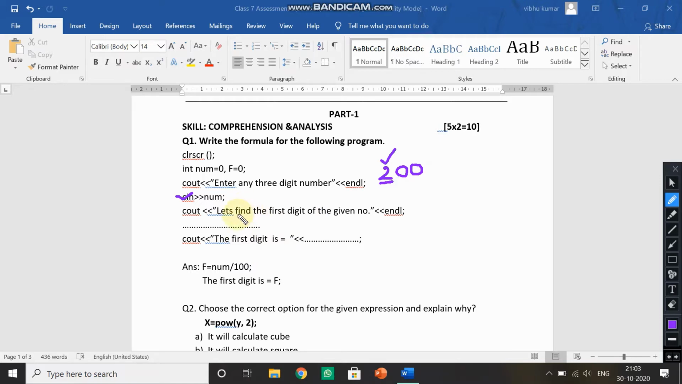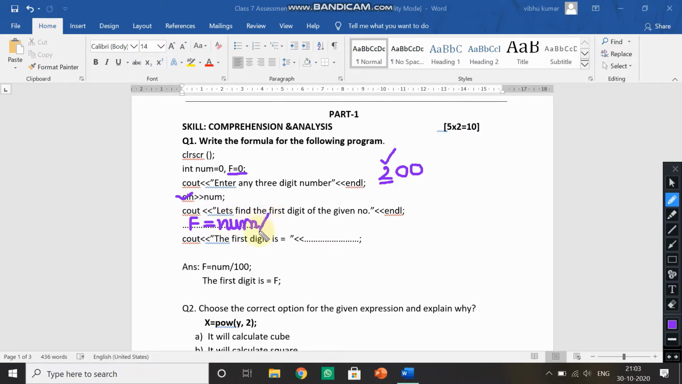Now, what formula will come? The formula will come f. Why f? Because it is already defined in the declaration line. Many of you have written fd, which is wrong, because whatever variable you define in the declaration line will be used in the formula. So f is equal to, then num. Where is this 200 stored? 200 is stored in num variable. So we will write num,